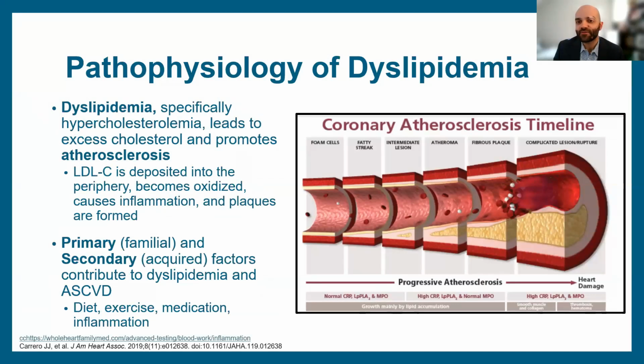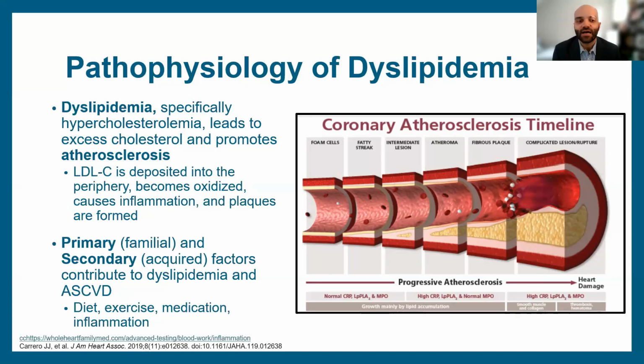And when we talk about dyslipidemia or some of this different pathophysiology, dyslipidemia really is our broad term. We say dys, meaning it's just something not what we want it to be, related to our lipids. But specifically, we often refer to hypercholesterolemia, which is some aspect of high cholesterol. And this can actually even be broken out into different subgroups. We're not going to dive into it a ton today, but as we talk about different familial hypercholesterolemias, you may have, for example, hypertriglyceridemia, where your triglycerides specifically are elevated. But really, over time, they lead to excess cholesterol around the body being deposited in what we call atherosclerosis, right?